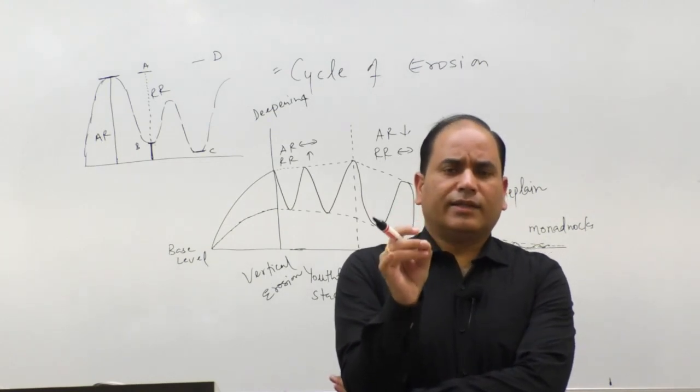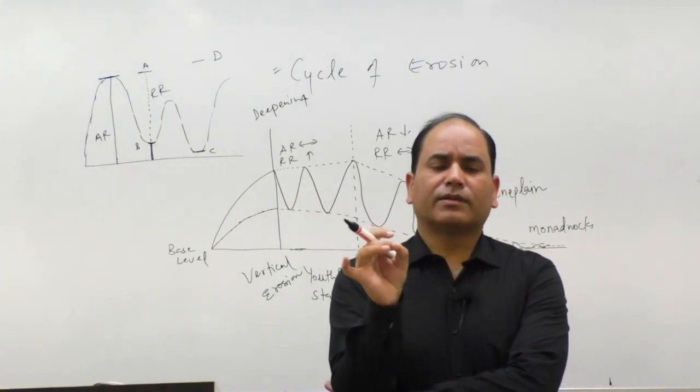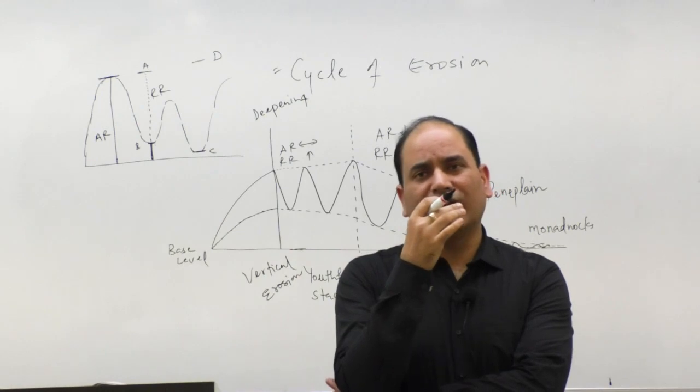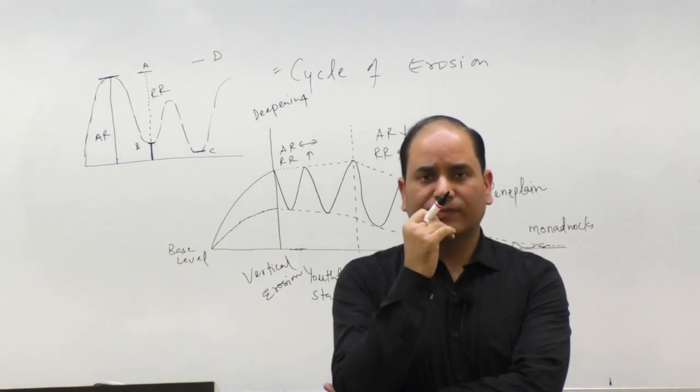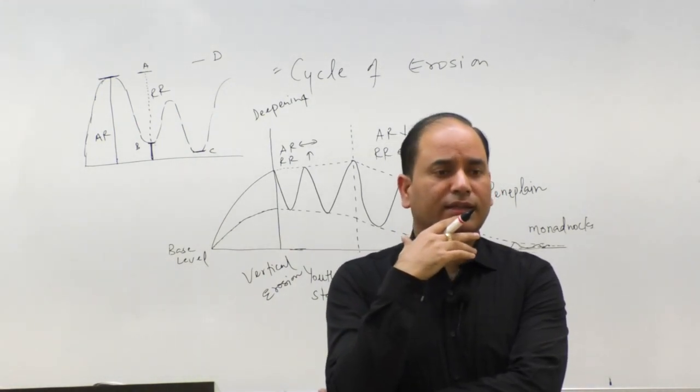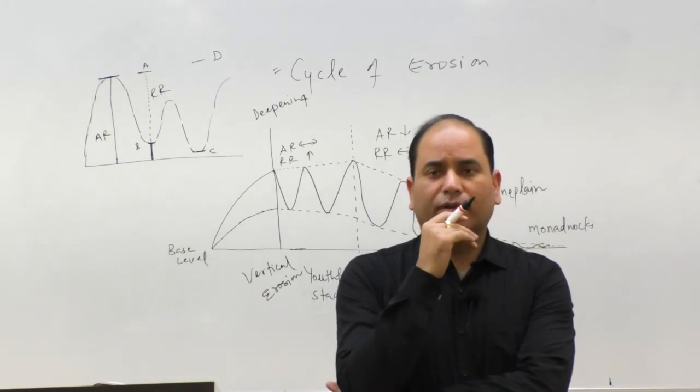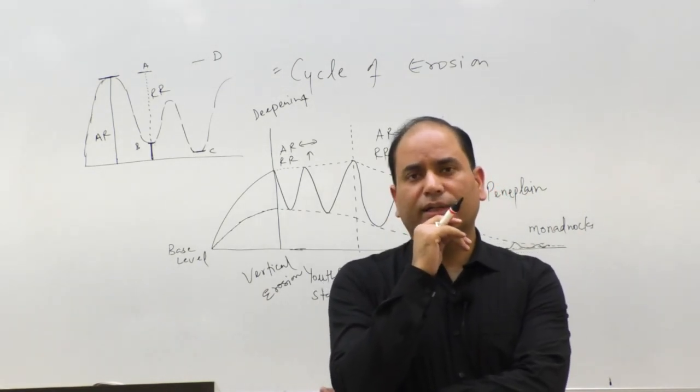So Davis's theory, Davis's concept, is simply based on a cyclic concept. Cyclic concept means the landform passes through different stages: youthful stage, maturity stage, and old stage. Youthful, maturity, and old stage. Now,